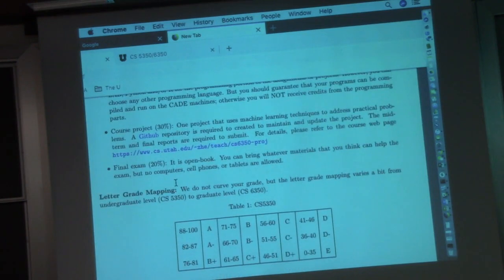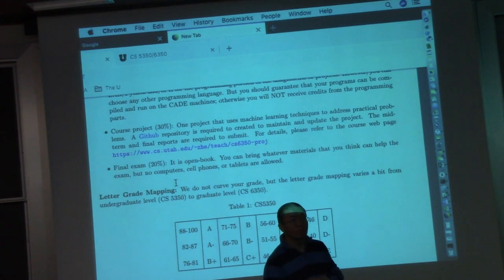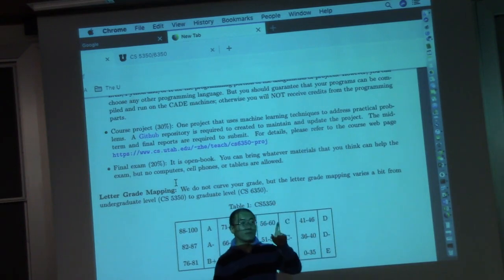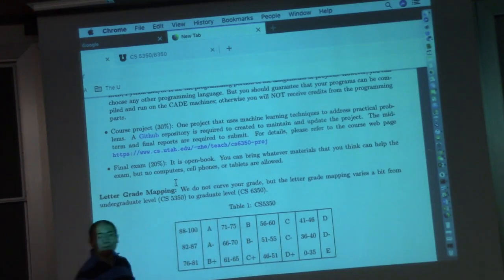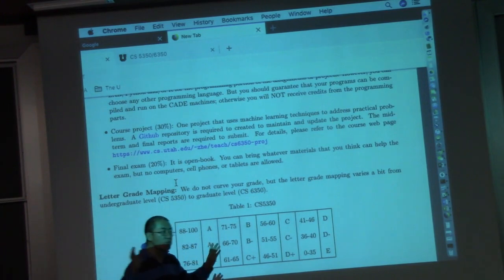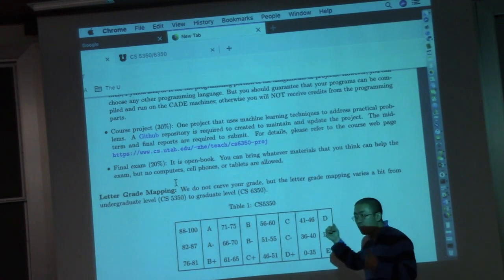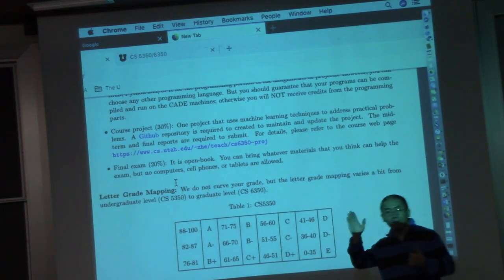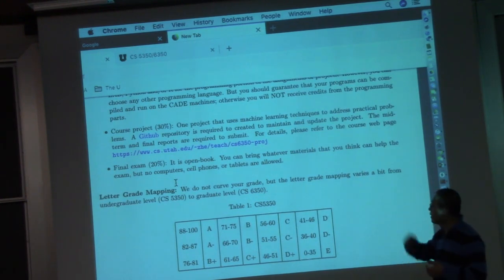And a final exam. There is no midterm exam, and there are no other quizzes. Did you say that the course project is a team effort? 2, at most 2. Yeah, and we'll discuss in more detail next lecture. So don't worry. And the final exam is an open book final exam. You can bring whatever documents, books and materials. You can print out all the slides and take them to the final exam. But you are not allowed to bring electronic devices like computers, tablets, or cell phones.